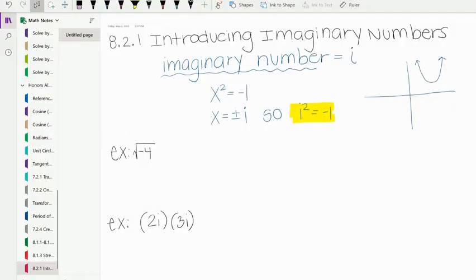We're now entering section 8.2.1, which is introducing imaginary numbers. Up until this point, when we were solving a quadratic and got a negative under the square root, we would say no solution. Some of you may already know that that's not necessarily true, now that we are going to be looking at